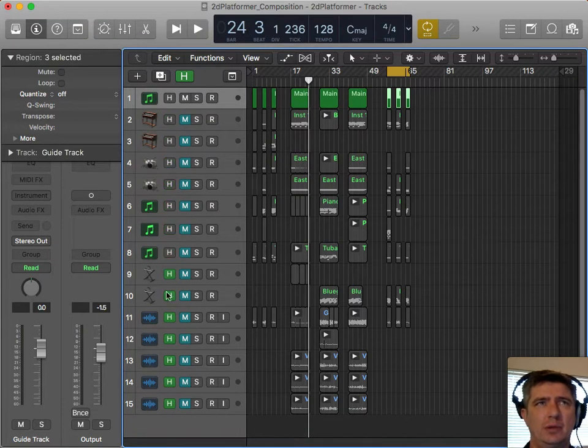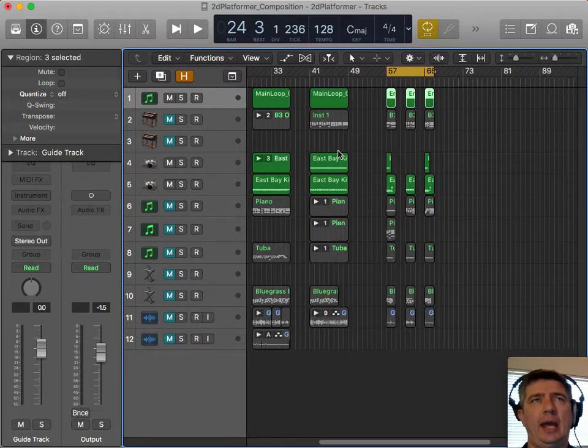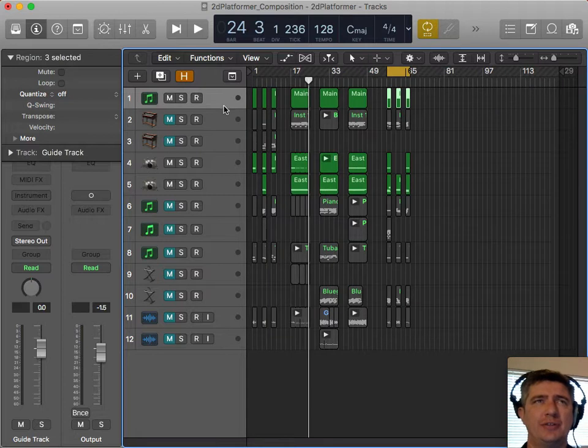So let me unhide these. Like I start out with my drums. And by having my instruments laid out here and having my guide regions laid out at the top, the guide regions basically guide things vertically.